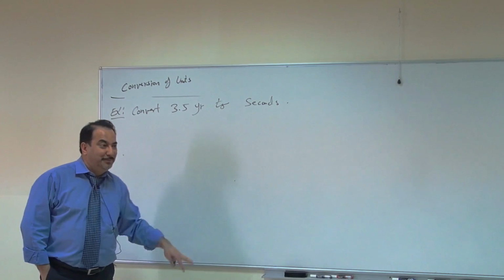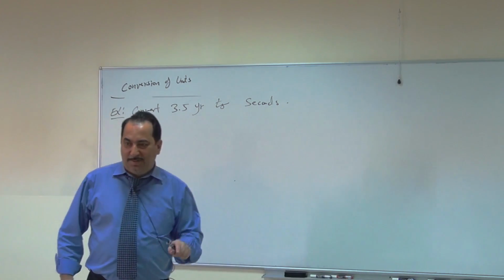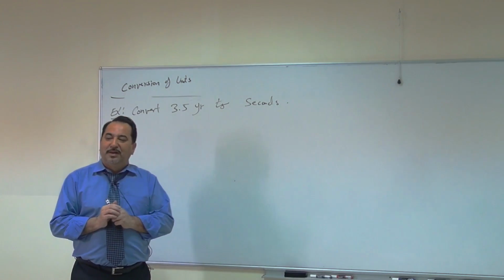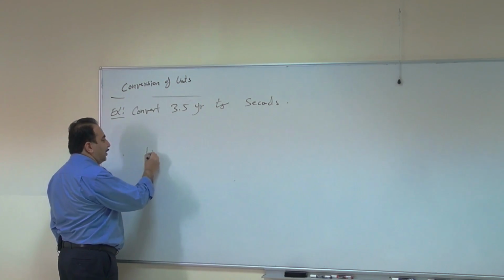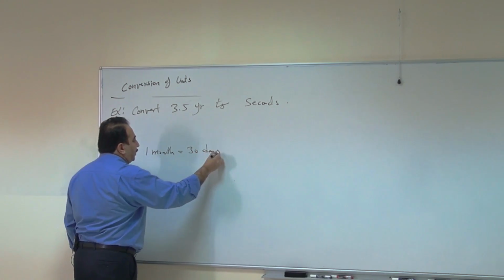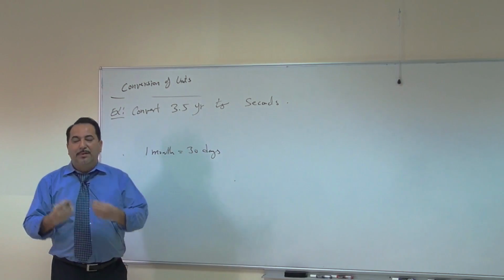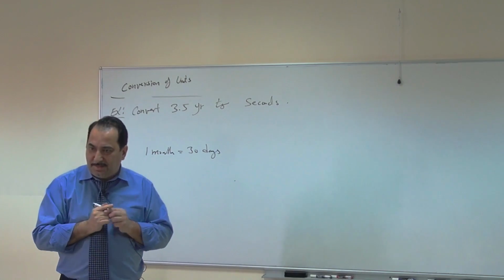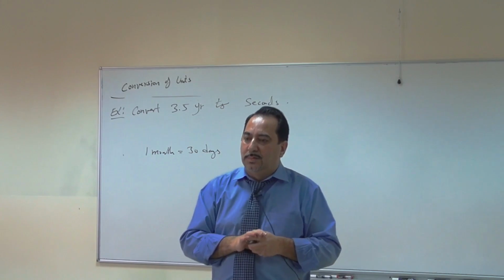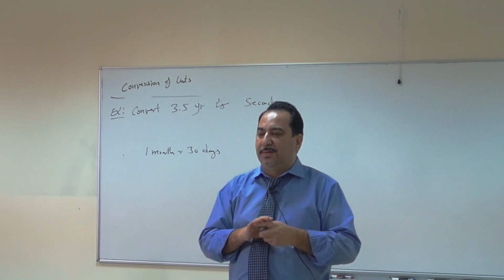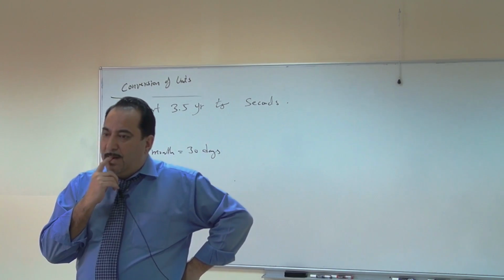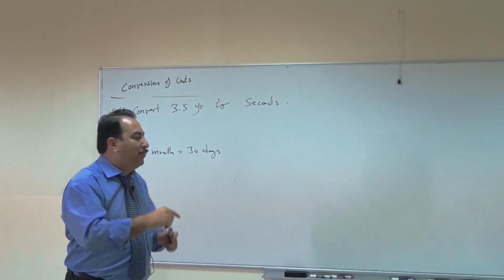This is a mine. This is a trap. If you say 1 year is 12 months, what is next? You say 1 month is 30 days. Now, in a month, how many days do you have? How did you do it then? I went from years to months, weeks, days, hours. Okay, so then you said 1 month,